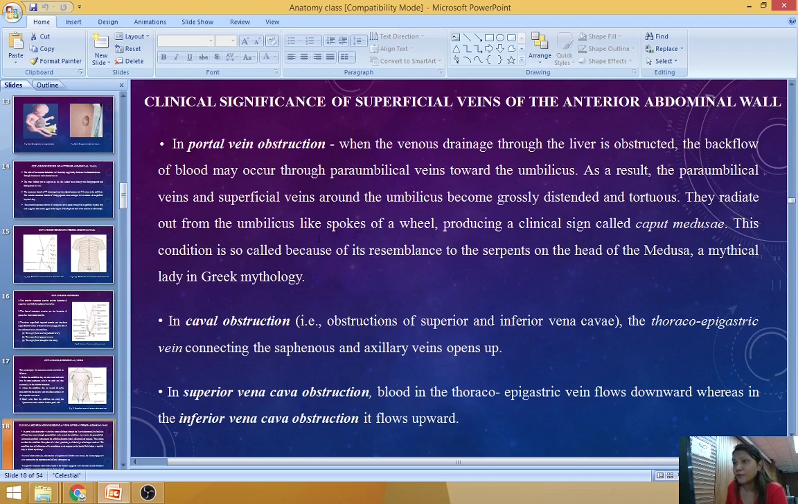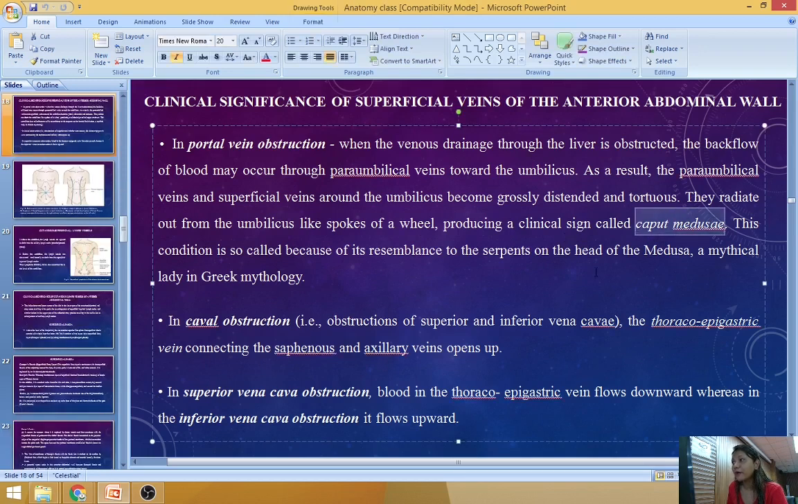Everybody knows a cycle. So you have seen the spokes of the wheel of the cycle. So it becomes like spokes of a wheel, producing a clinical sign which is known as caput medusae. This is very, very important. Caput medusae. This condition is also called so because it represents the serpents on the head of Medusa, a mythological